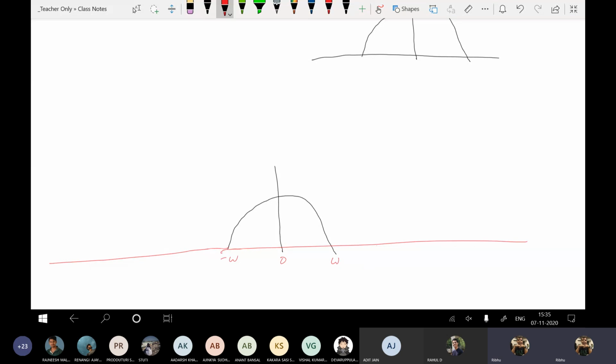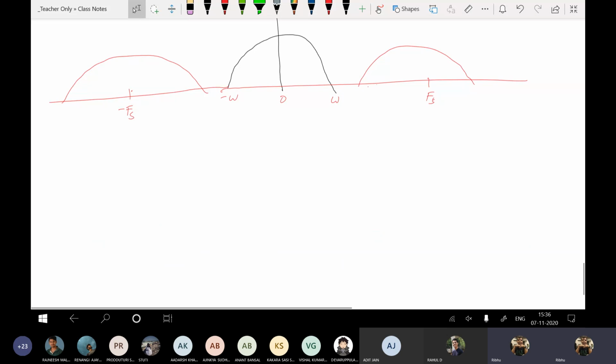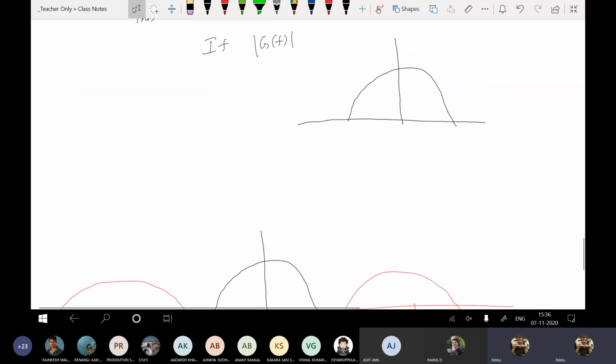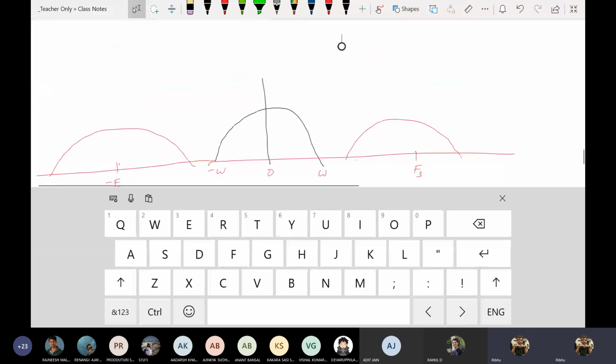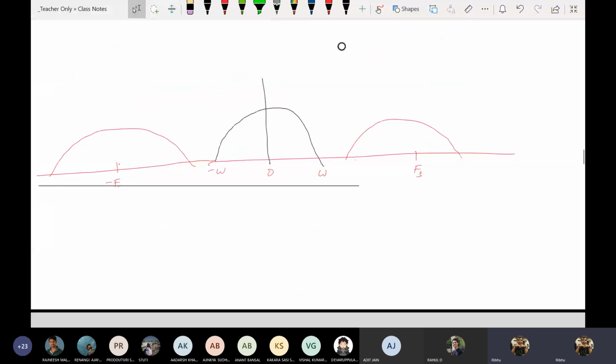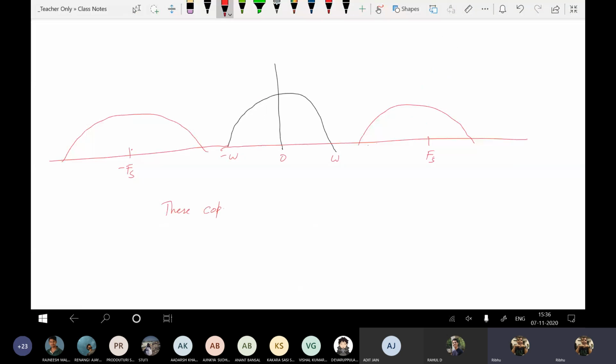So there'll be another copy of this around Fs. There'll be another copy around minus Fs. Fine. And the copies are inexact. But since you have already done sampling, you know that these copies will not overlap